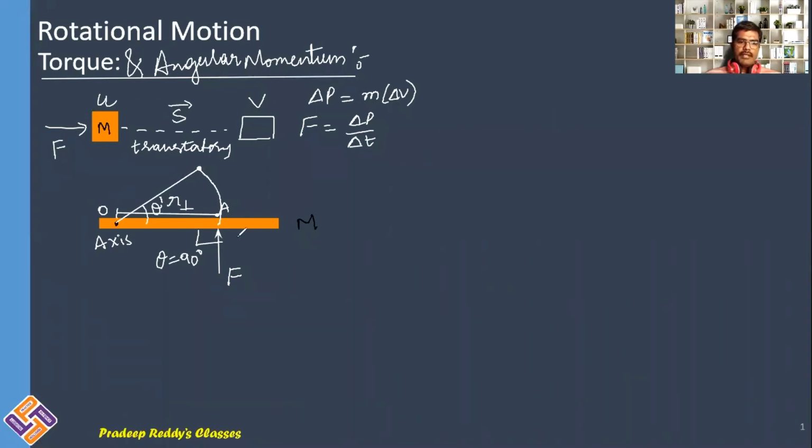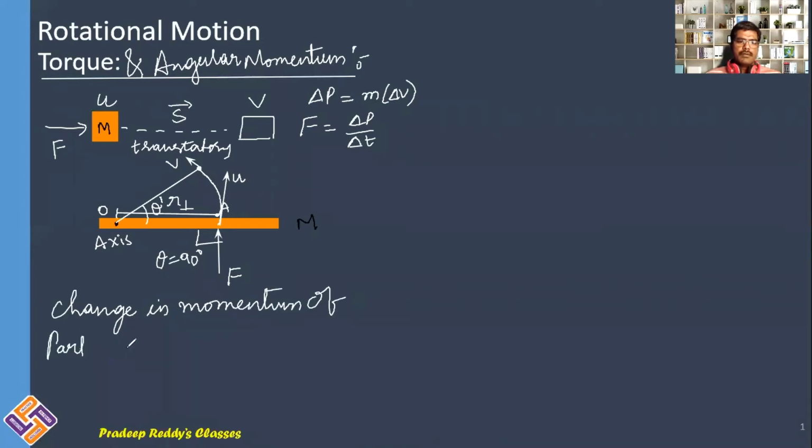Now, if you observe carefully, the direction of velocity of the particle initially is this, and the direction of velocity of the particle finally is this. Its initial velocity is u, its final velocity is v. What's your observation? Clearly, you can observe that even though magnitude of the velocity may remain same, the direction of velocity will undergo change. Therefore, you can simply write there is some change in momentum of the particle.